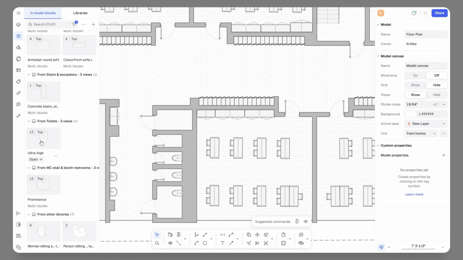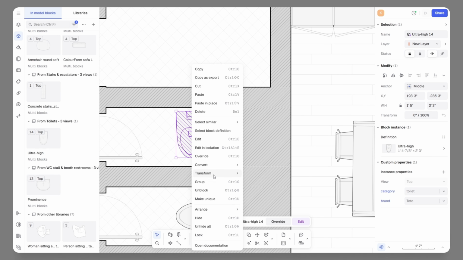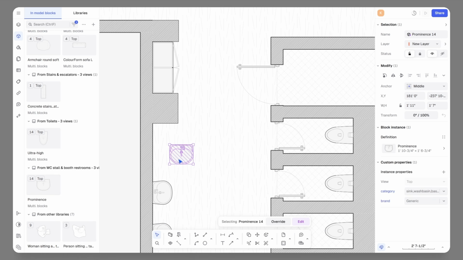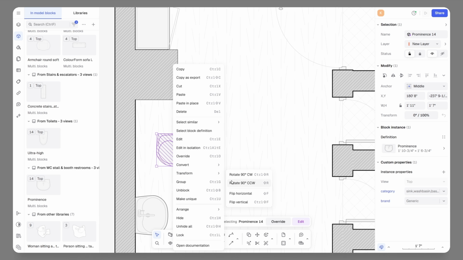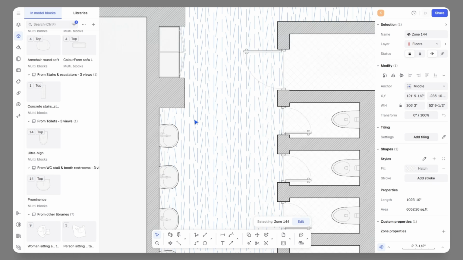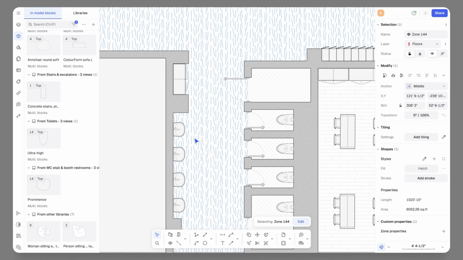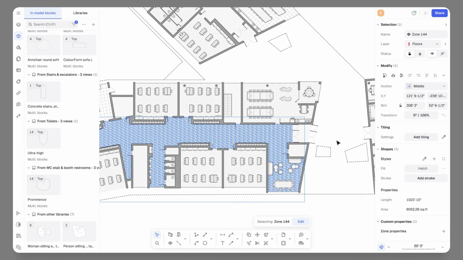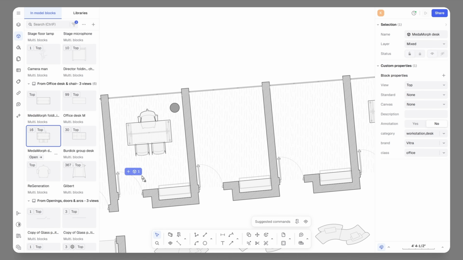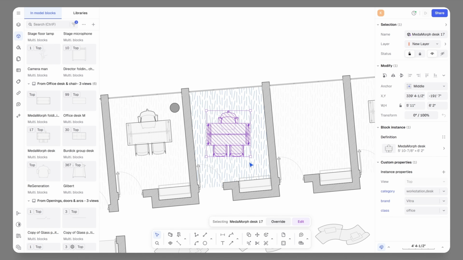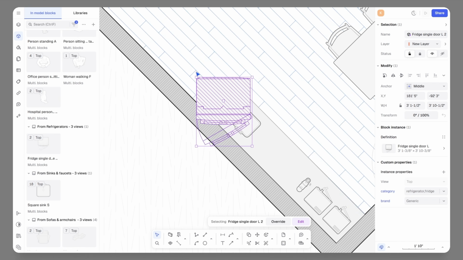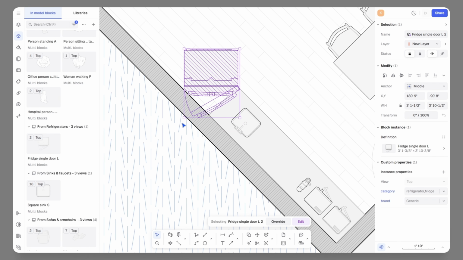Let's add WC to the toilet, drag and drop, transform and place it nicely. Then I will add a basin, rotate it and position it in the washroom area. Adding furniture in Rayon Design is very easy. You just search for the element and it's there. I will also add desk setup into my staff room like this. In the pantry kitchen area, I want to add a refrigerator, so I will drag and drop and place it